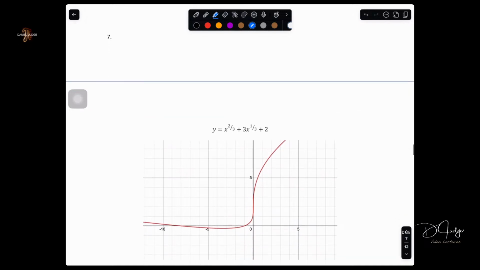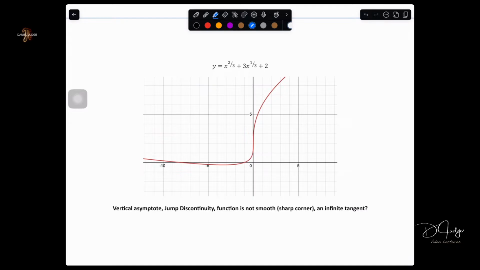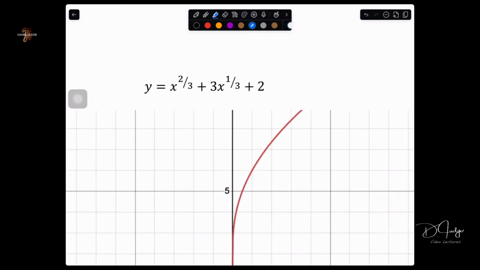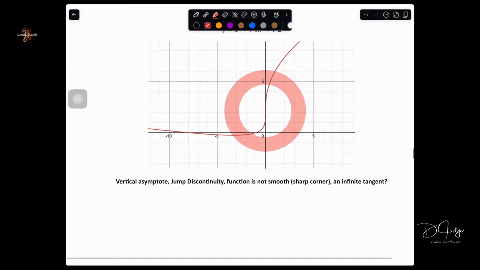All right. 7. This is number 7. Weird. Now, you have rational exponents, and I want you to see this portion of the curve right here. Because you might say, hey, Mr. Judge, is this smooth? And yeah, it's pretty smooth. I want to say there's no vertical asymptotes. There's no jump discontinuities. No vertical asymptotes, no jump discontinuities. There's no locations where you have a sharp corner. However,